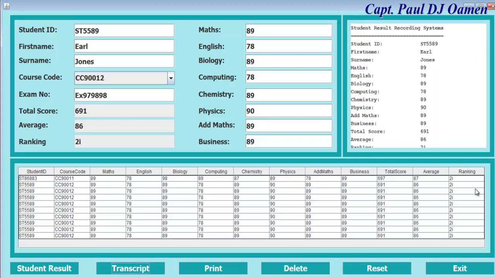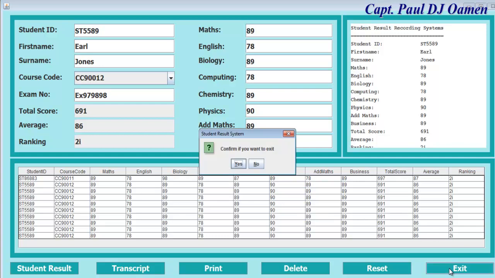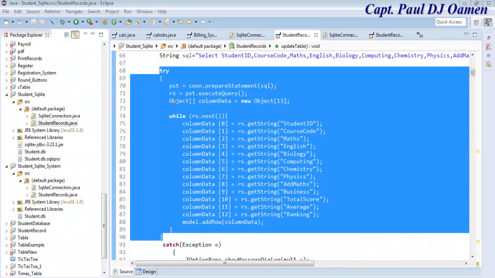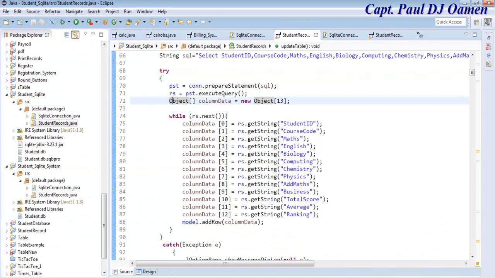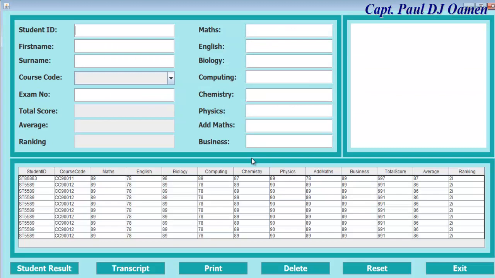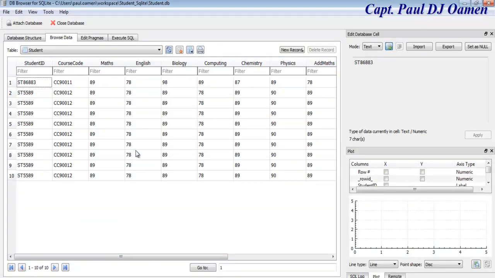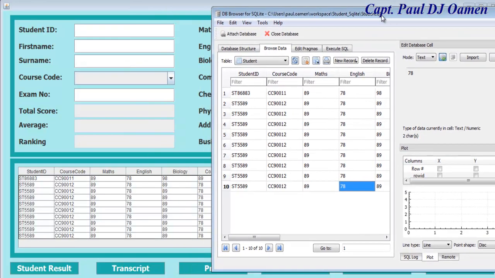One thing I'll do is I'm going to log off, just close everything, just to prove that the details are on the database, and I will run the system again. So exit here, and now let's run the system again. Okay, click on run. There we go. You see all of the information right there on the database. And let's have a look at the database itself. There we go, that's the database itself. If you guys can still recall, the same information that we have here on the database is what we have here